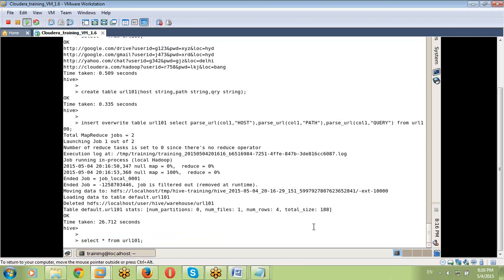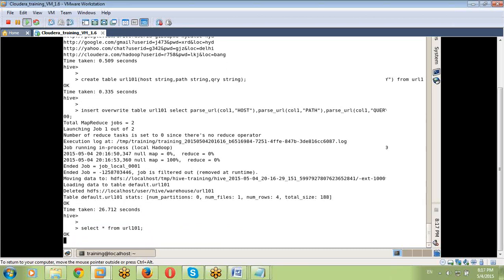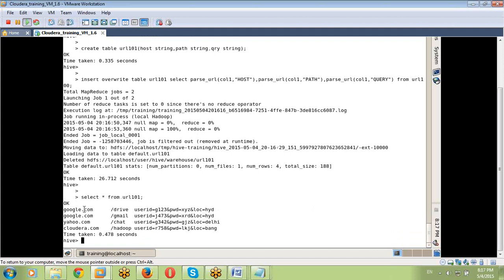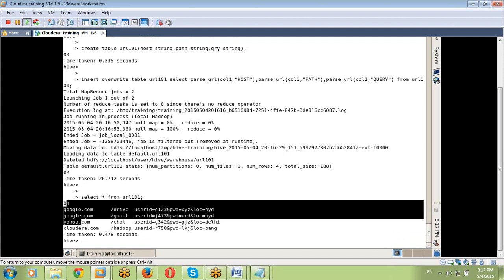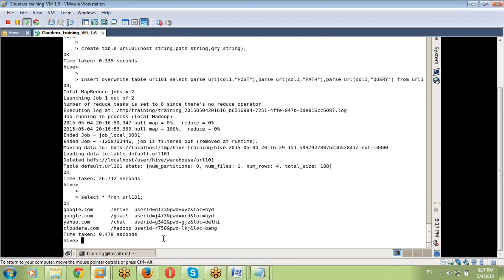Now select star from table name. Enter. See here, data is coming like this: first column first, second column second, third column third. Now I want to know how many people are using Google. Select star from table name where column name equals google.com. It shows who are using Google.